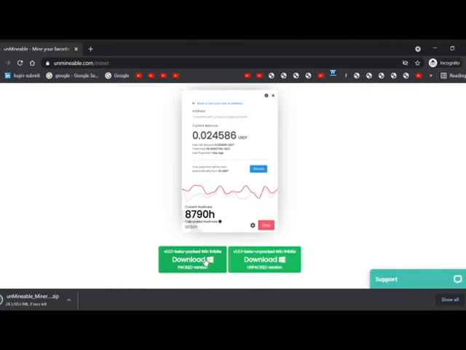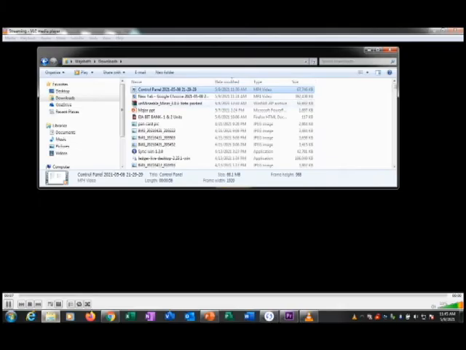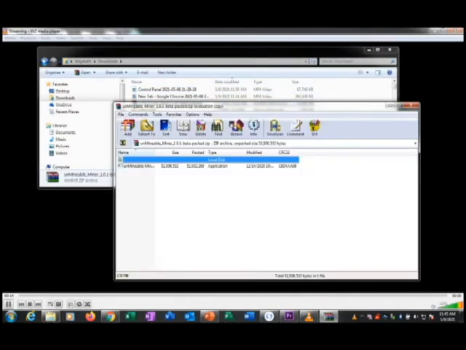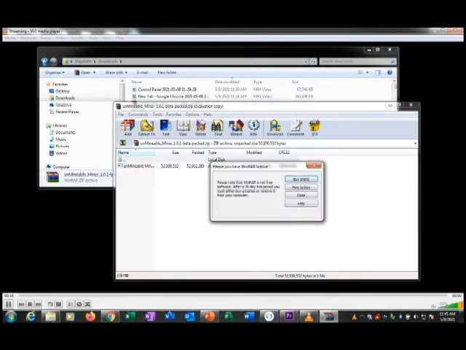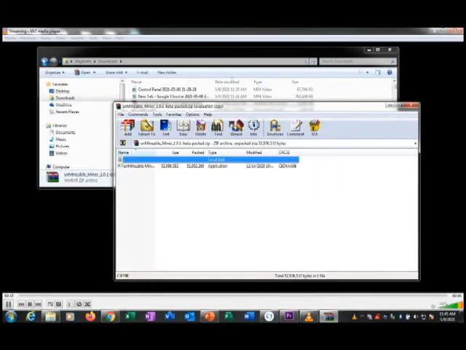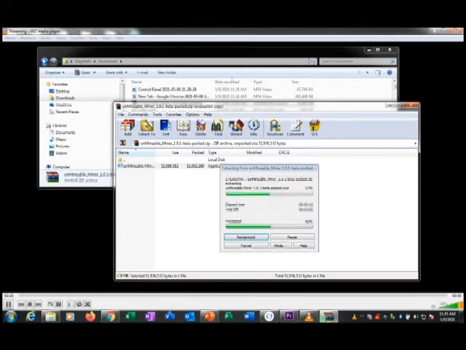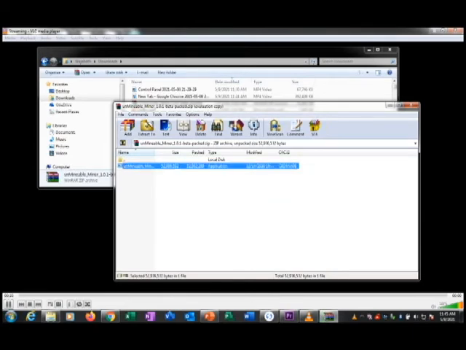So this is just the miner. It's not like you can mine only BTT. With this miner you can mine any coin. Now this is where I have downloaded. It's in a zip file. Now extract it using WinRAR, which will already be downloaded in your Windows. So I am extracting it.